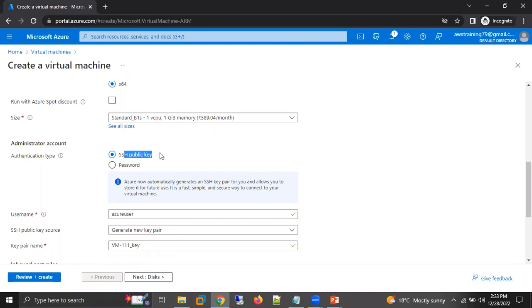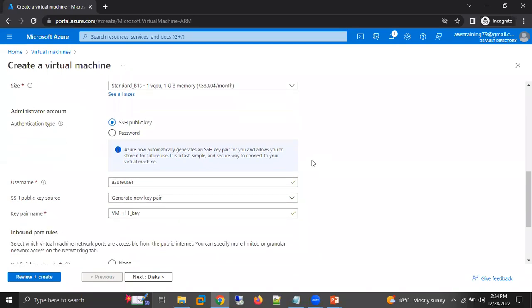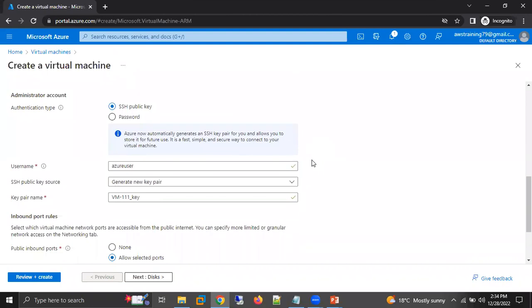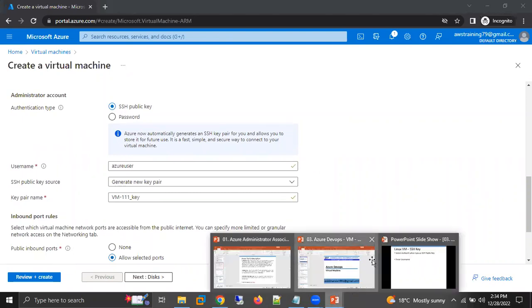One is with SSH public key, the other one is with password. Regarding password, we'll discuss in the next example. First, we are going to discuss SSH public key. SSH public key, the system is going to generate one key here, and that key is one of the secure options we have to